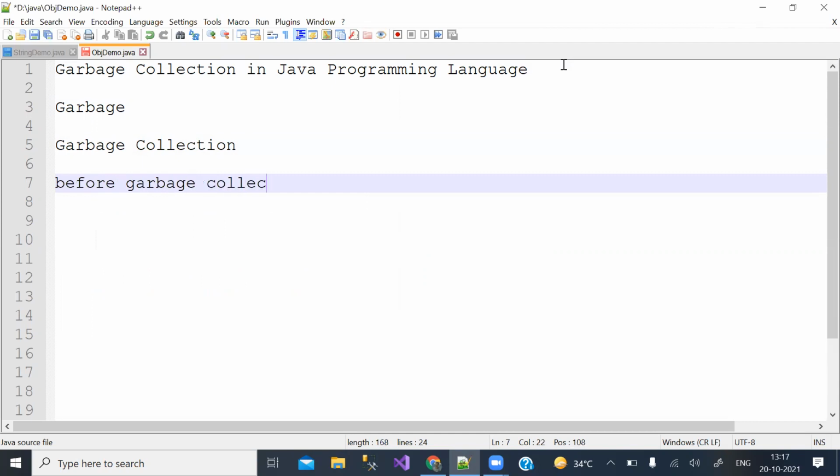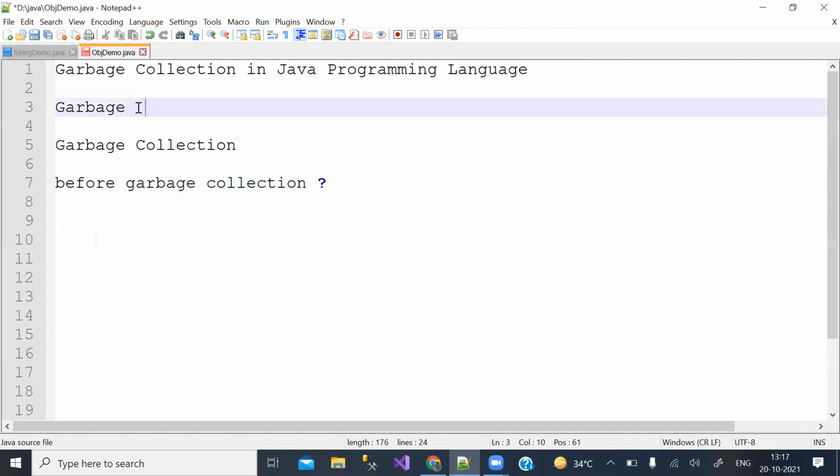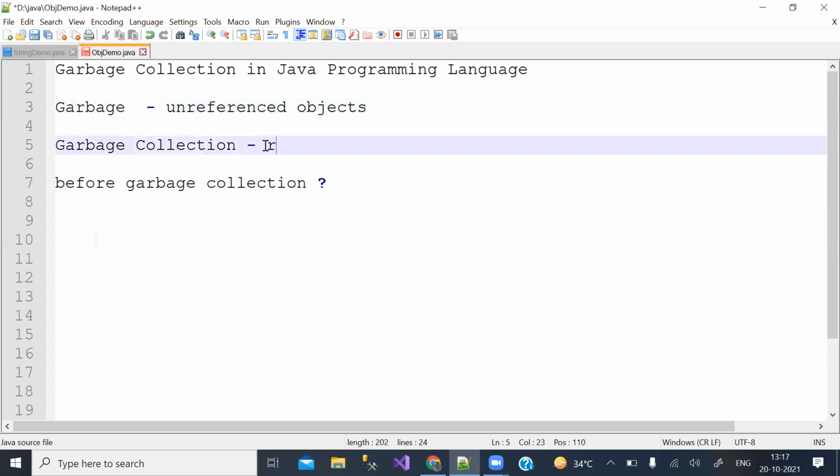Okay, first, garbage is nothing but unreferenced objects. Garbage collection is nothing but reclaiming memory allocated for such objects.